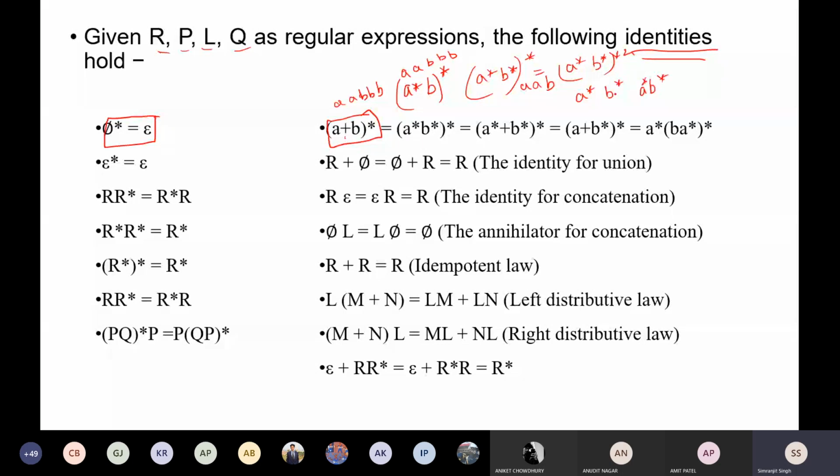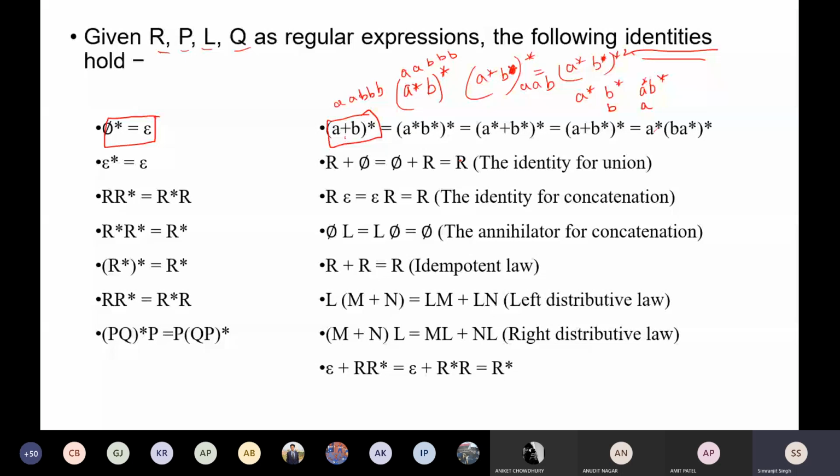So a* b, sorry, a* b* a* b* is also possible. If you see here, I can take out b, and here I can take out a. That is why this whole star is required. In the same way, it can also be written like this: (a* b*)* a* plus (b*)*, a* followed by b a*, and a*. So these are some identities that you have to keep in mind.